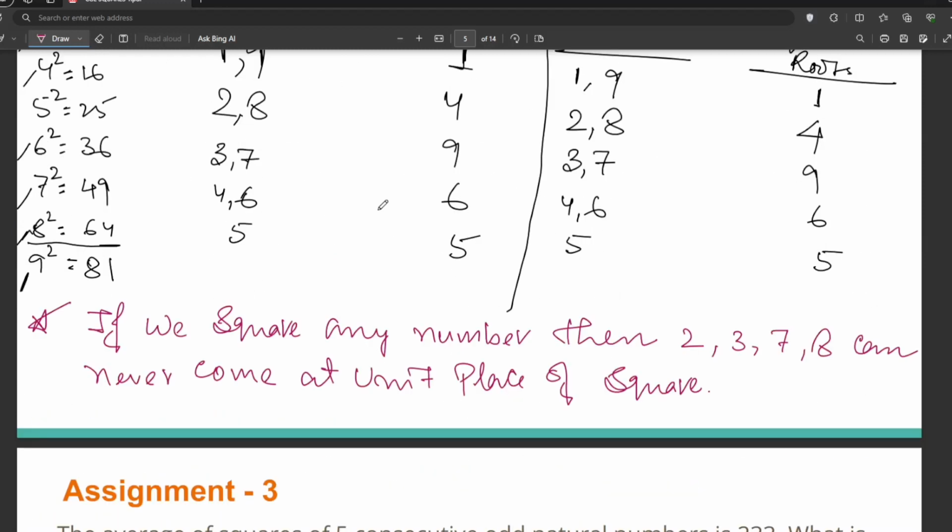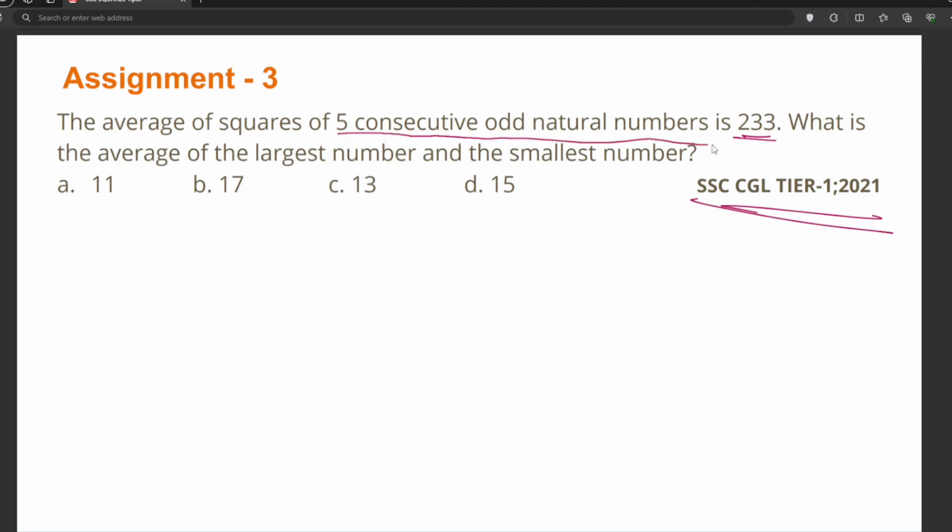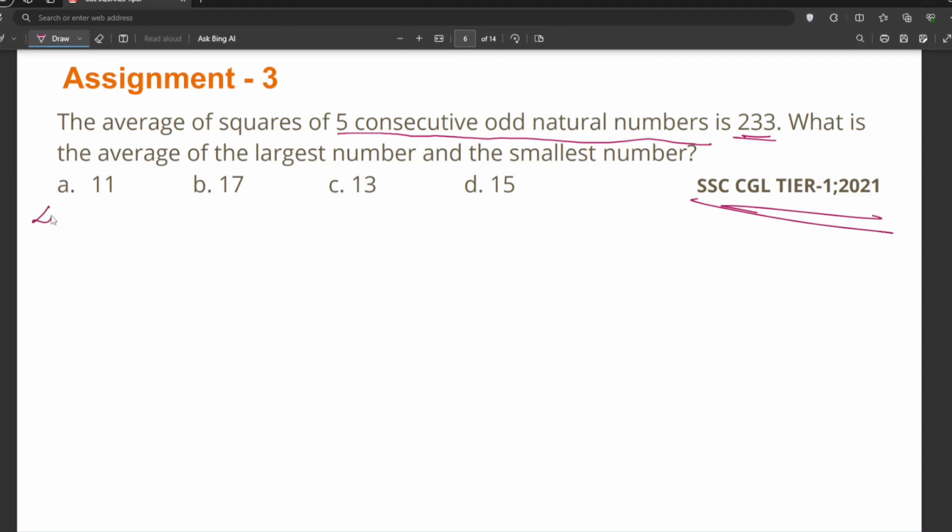Now move to the next question. This is from SSC CGL 2021, Tier 1 question. The average of square of 5 consecutive odd natural numbers is 233. What is the average of the largest number and the smallest number? 5 consecutive odd natural numbers. We can take, let 5 consecutive odd natural numbers be